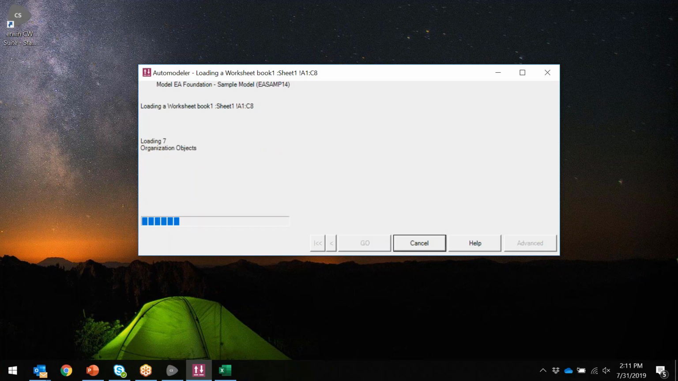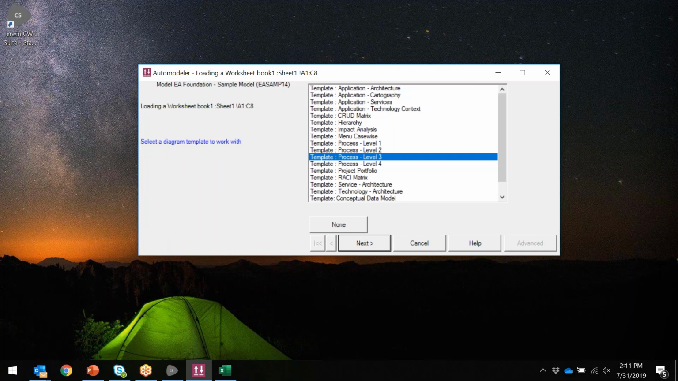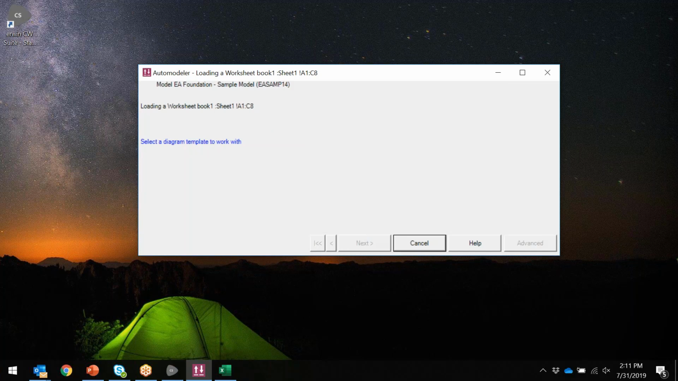Hit go to load the content in. And now it wants to know which template to apply. So this is a separate question. The first one was asking about the category. This question is asking me, which template do I want to apply, meaning how do I want this to look? So I'm going to choose the hierarchy template, click on next,